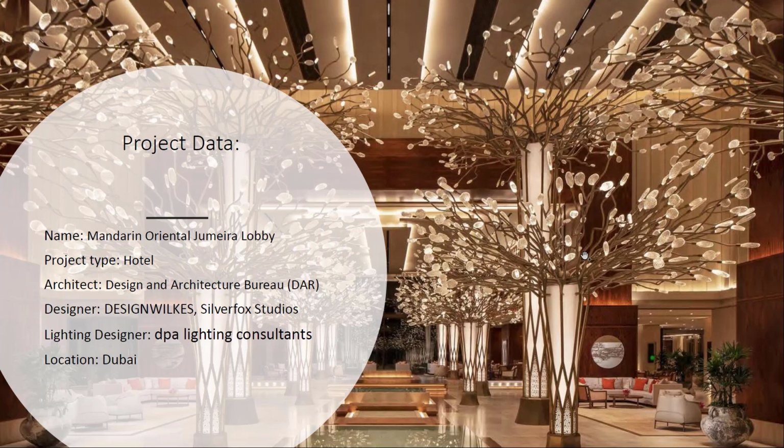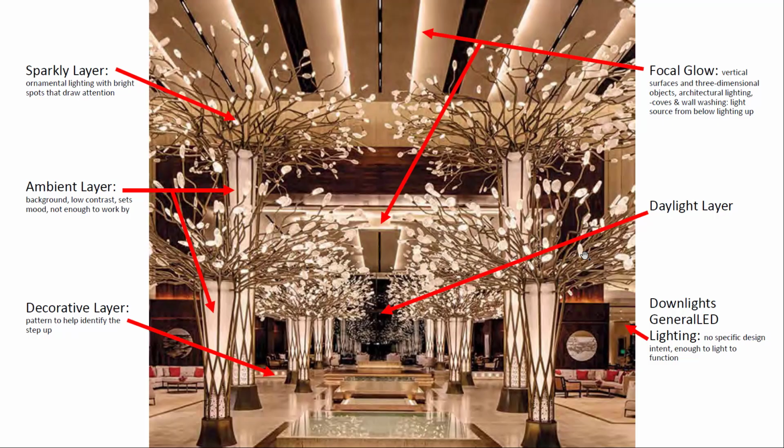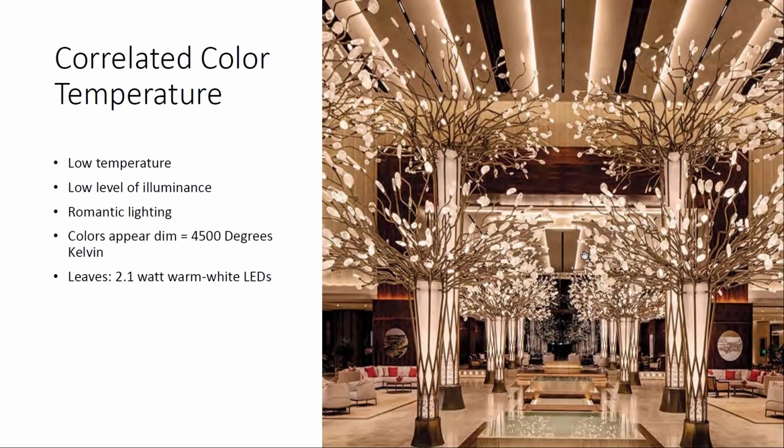This is, I don't remember where this project, Dubai, there we go. Mandarin Oriental. There's actually a Mandarin Oriental in Boston, which is very nice too. They're very good with design. But again, she diagrammed out the different kind of layers of lighting, the different strategies that were used: downlights, daylight, focal glow, decorative, ambient, sparkle. All these layers are